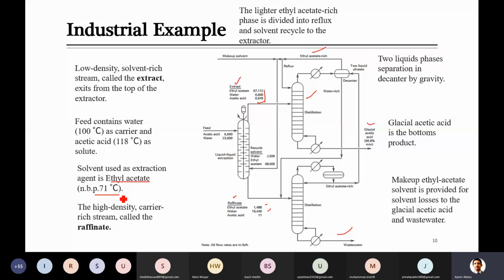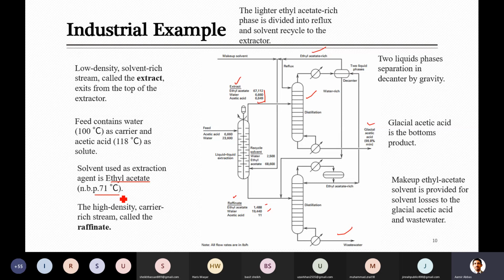What we can get from this example is that in liquid extraction, although we use one piece of equipment in which we can do the separation, you still need some other separation technique to completely separate the components. But overall cost and operation will become easier this way. If I compare liquid extraction as well as absorption with distillation, we always say that distillation is a very widely used technique. The reason is that in distillation you don't need further separation like this.